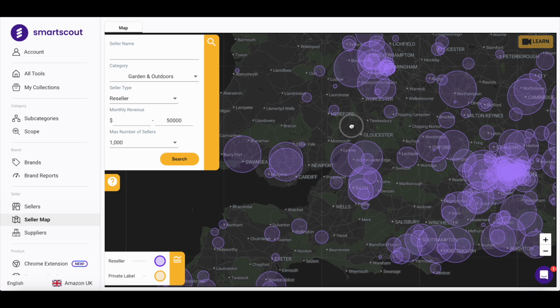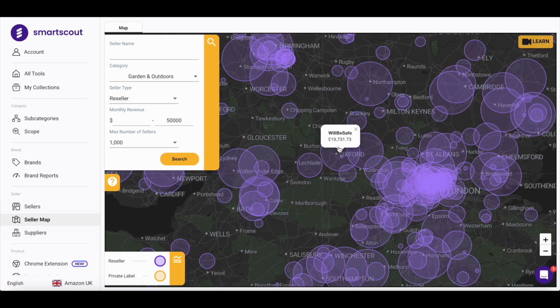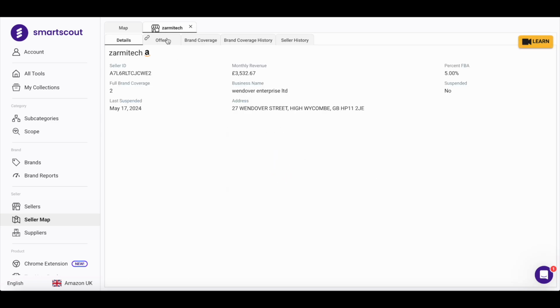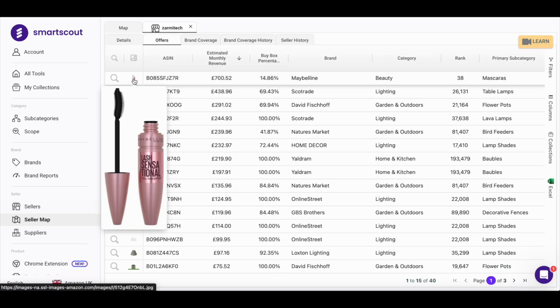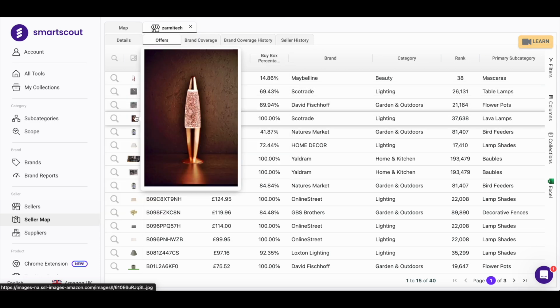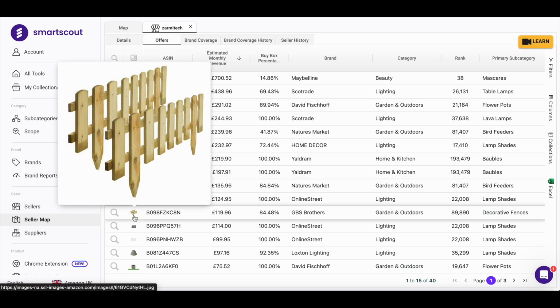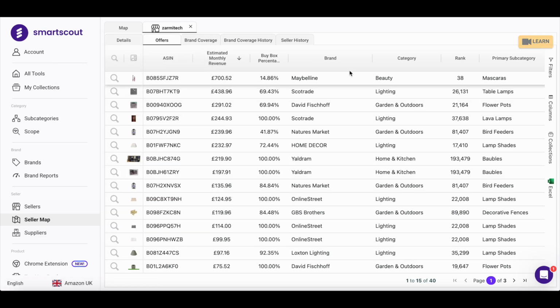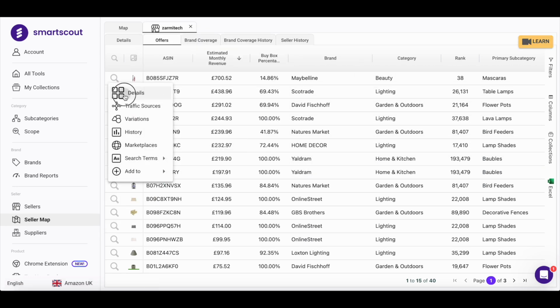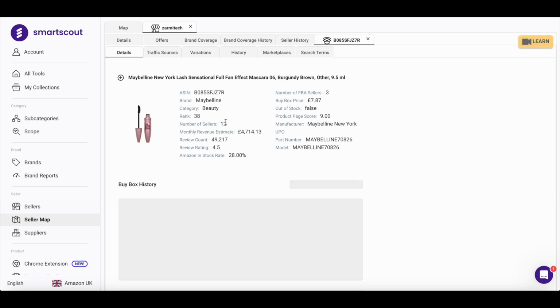So now we can have a look over different parts of the map. We can zoom in. We can have a look at this one here, for example. Look at the offers. We've got a Maybelline branded product here. We've got other products that aren't branded products from this seller. We do have this main one here, so we'll have a look at the details. Currently 12 sellers on that listing here. Go in and have a look at the